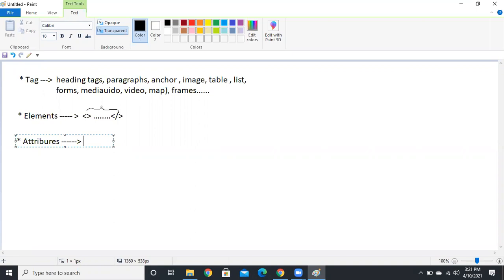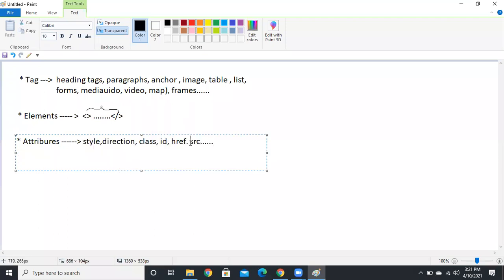We have so many types of attributes, like style, direction, class, ID, href and src. These all are attributes. Attributes give additional information to the element.